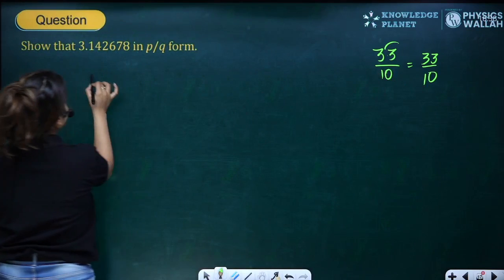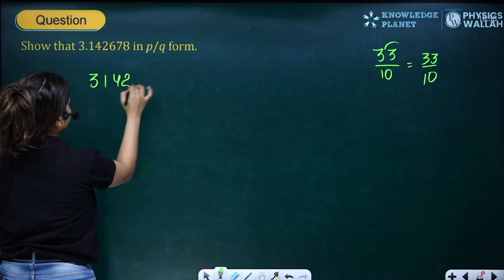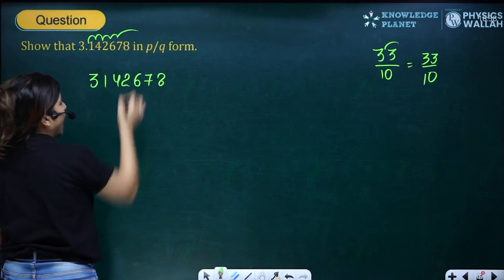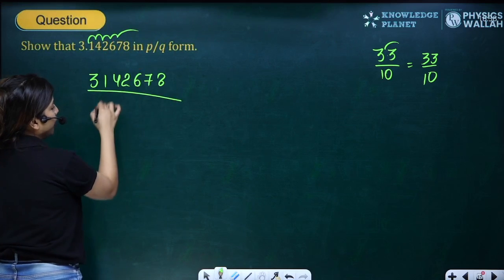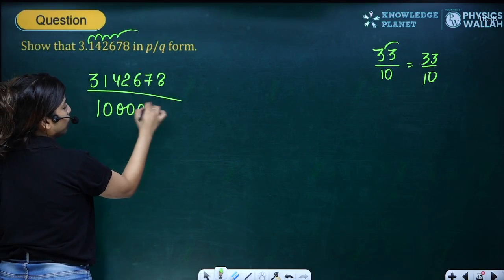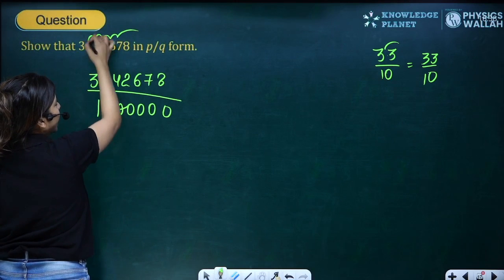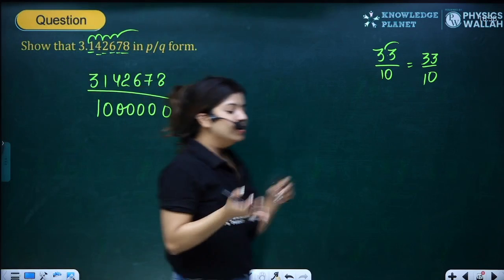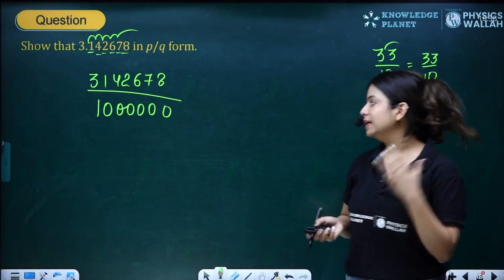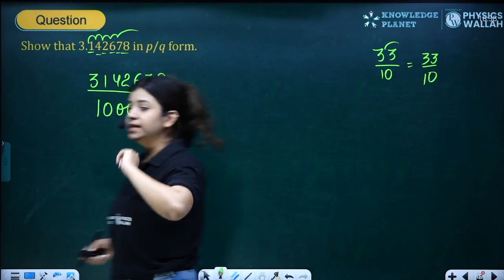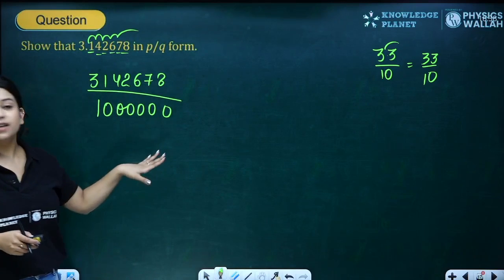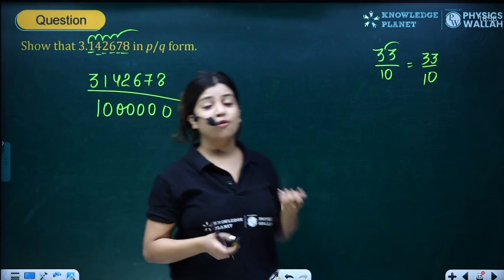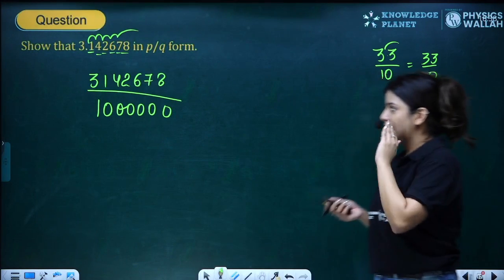Similarly over here, if I have to write 3.142678 and remove the decimal, I have to divide it by how many zeros? 1, 2, 3, 4, 5, 6. Why? Because I have to move the decimal 6 places. So I will simply divide this 314, and then I can simplify it also, cut it by 2 or leave it anyway. So this is the p by q form for the decimal numbers. Easy. The next part,